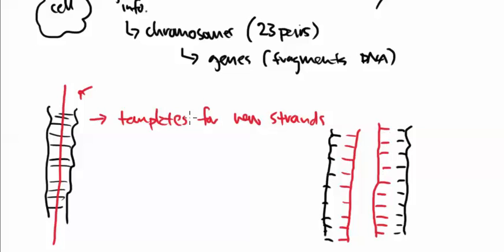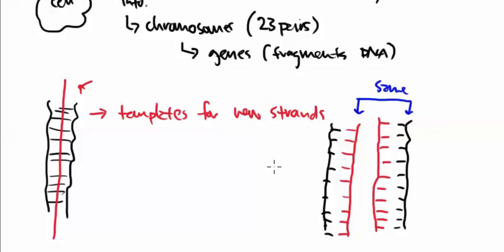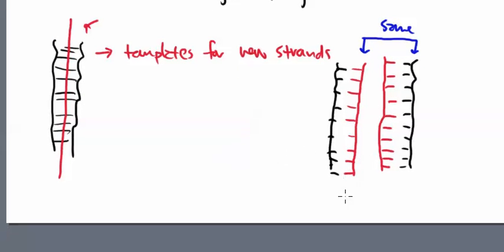And what we will find out is that when this replication process takes place, well, this strand is the same exact as this strand. They are the same. So this replication process is conservative. And then this one is the same as this one. So when they begin to make the copies, they are basically making a copy of what was already there. And that's the beauty of the replication portion.